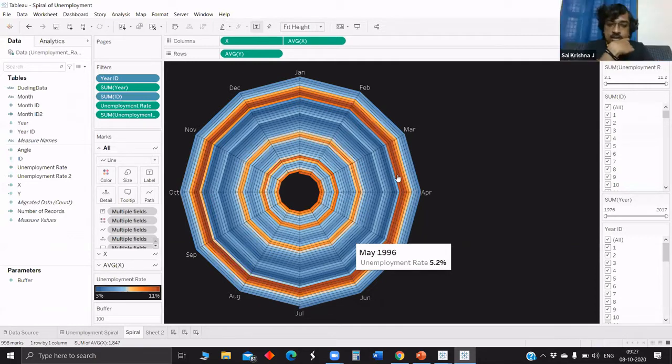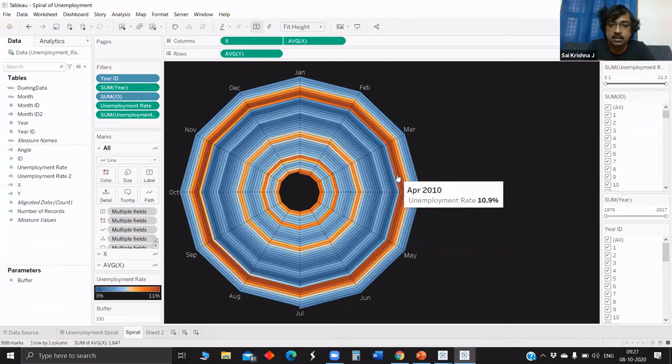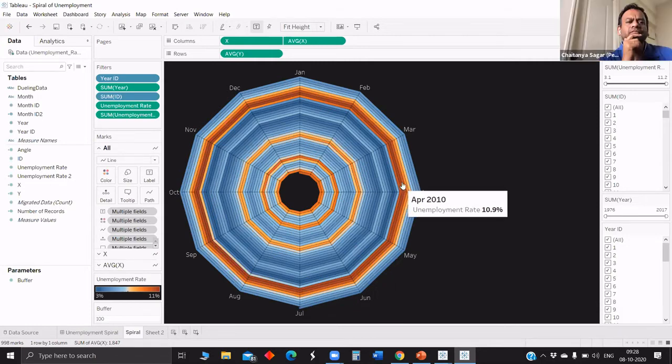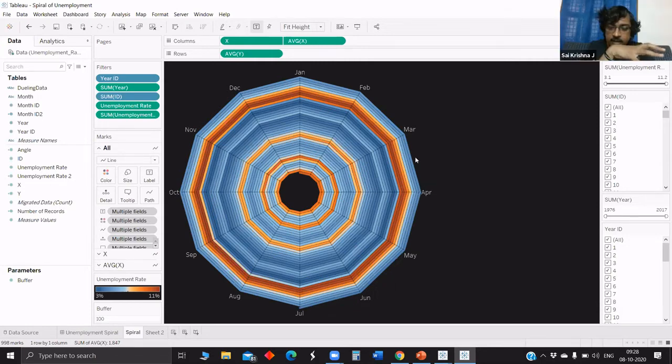So one thing that strikes me when looking at the visualization is that April 2010, and I think 2009 would also have a higher unemployment probably. Because that was sometime around the recession, the Great Recession, which happened around 2008. During some years, collectively, if the economy is in a recession or a slowdown, and that causes some unemployment, I think this visualization will help us spot those trends.